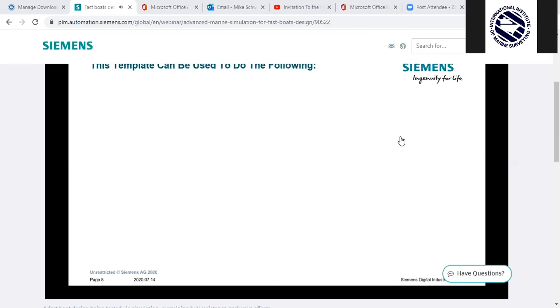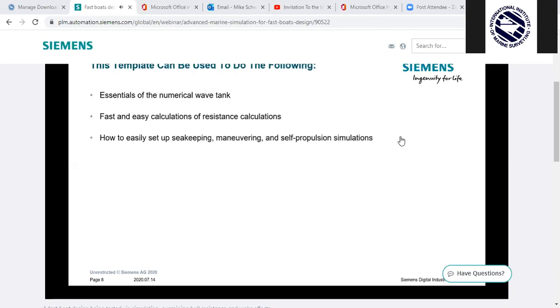Here's what we will go over. The essentials behind our numerical wave tank, how to use a template to perform calm water simulations using our Design Manager tool, showcase how the template can get you to complex simulations with very few parameter changes, how to use the template to incorporate engine effects via Simcenter Amesim coupling,